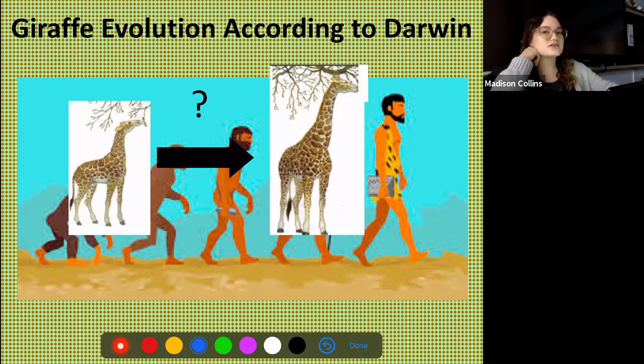All right, so Darwin would say that maybe a giraffe developed an adaptation, right? There was a mutation in its DNA that made it have a little bit longer of a neck. So that long neck giraffe is going to have an easier time reaching food, which means he's going to be more well. Offspring are going to inherit that long necked trait, and eventually the next population of giraffes is going to have